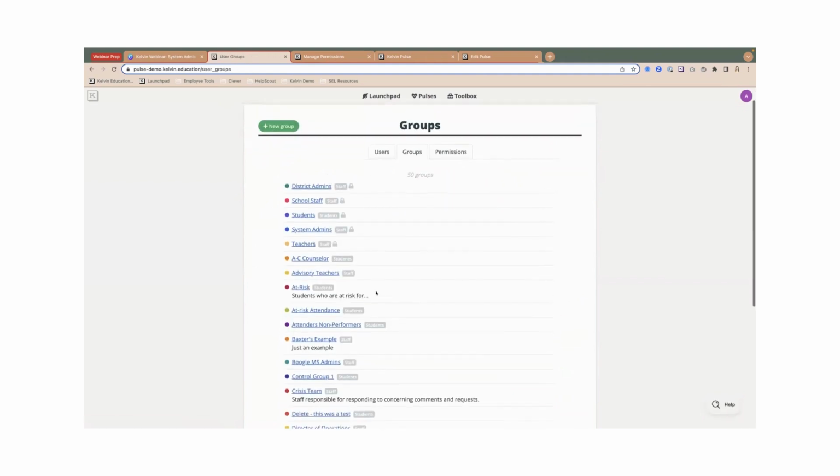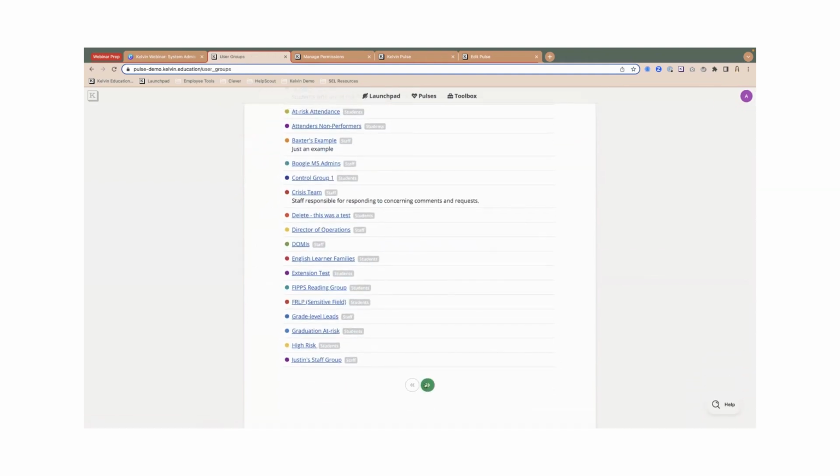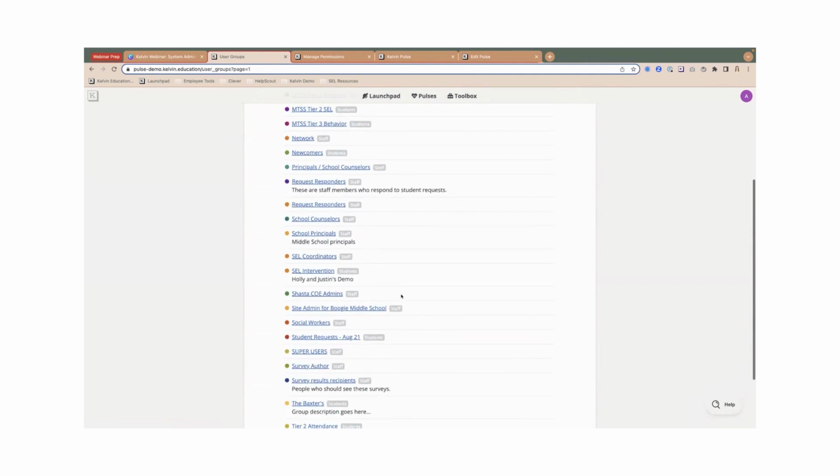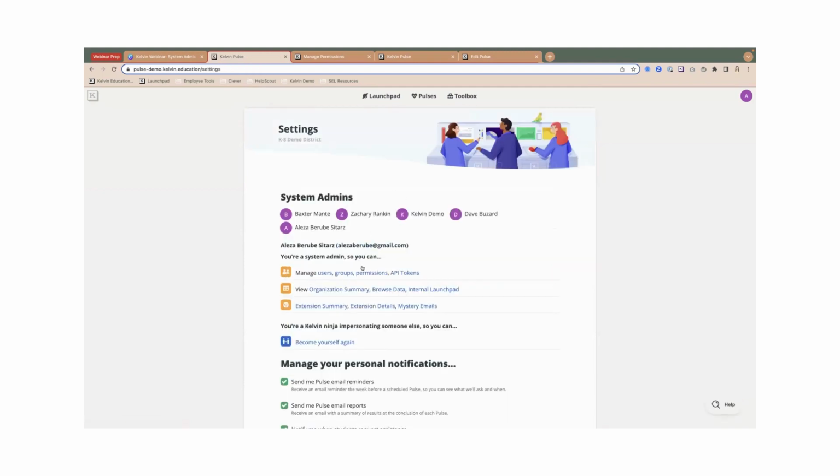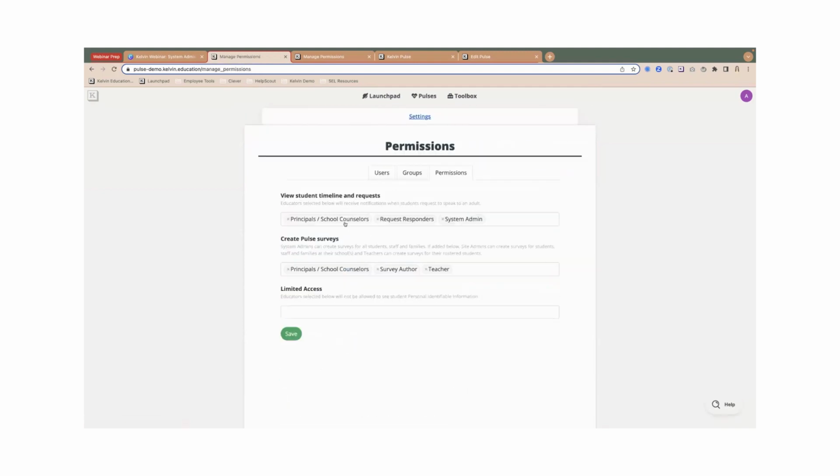Let me go to my request responders group. And we have a lot of custom groups here, so I'm going to sort through. And I have 3 in my group that have access. So only those 3 and system admins and a few others in our permissions in our principals and school counselors would also receive that. So what we do once a student submits a request to speak to an adult is